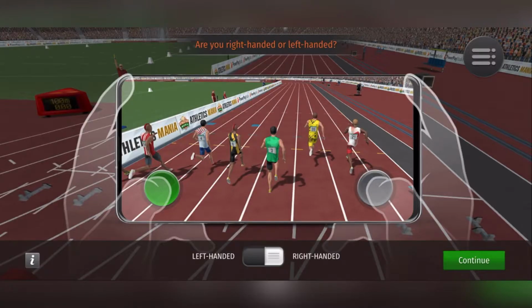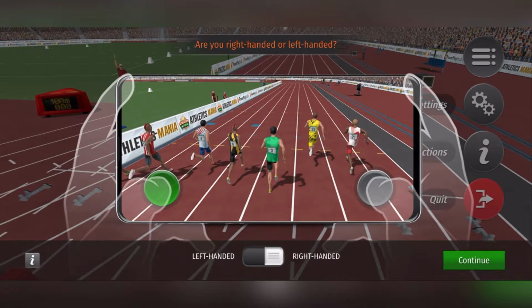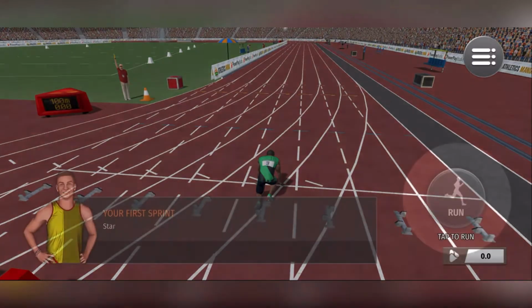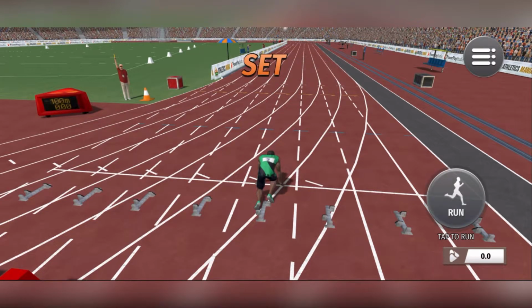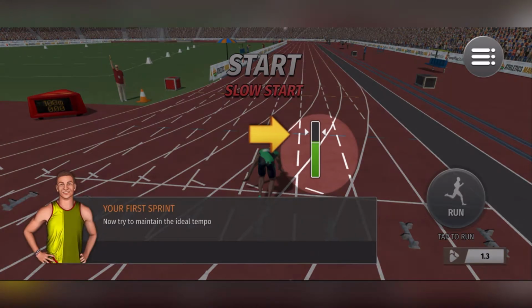So we're off. As you would have seen in the beginning, with Athletics Mania you have to create your character. Like most games, you select male or female, you select the type, you select a country, and give him a name. And then from there, it's into the